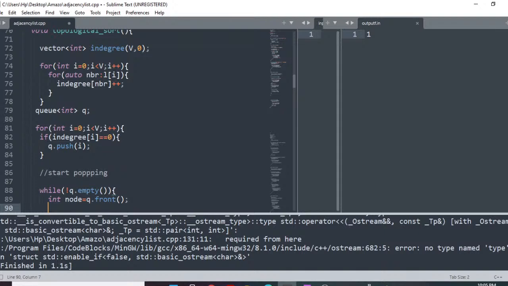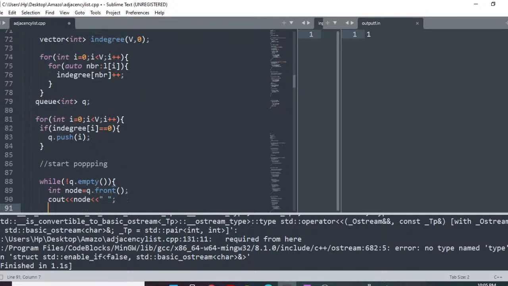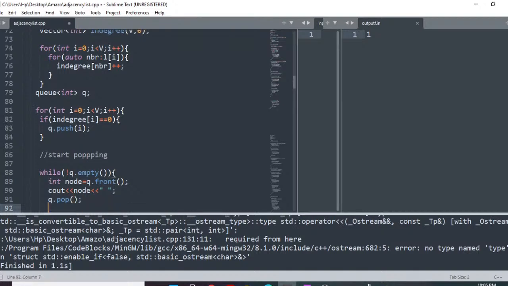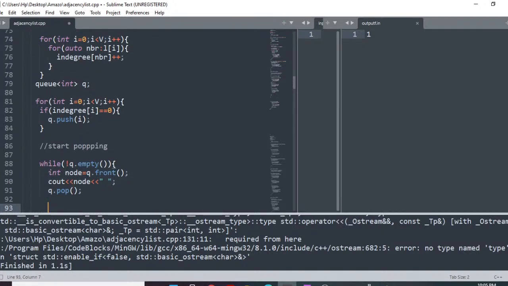And I'll do cout node and I'll simply do queue pop. हमने फर्स्ट वाली नोड को प्रिंट करवाया, फिर उसको पॉप कर दिया. Now what I will do,